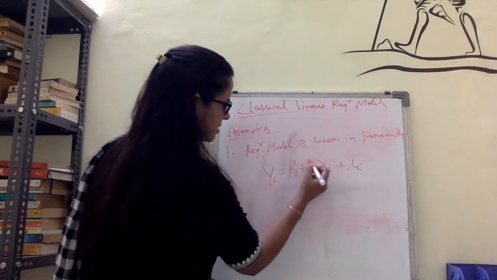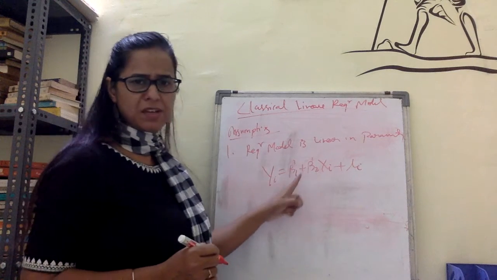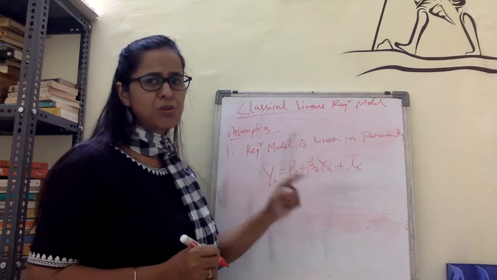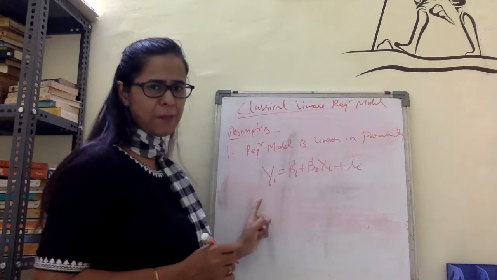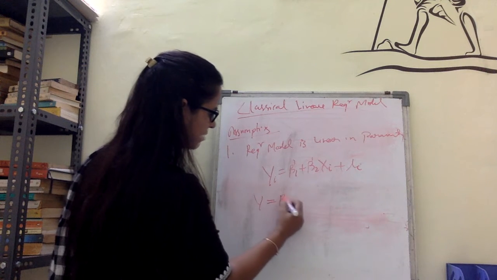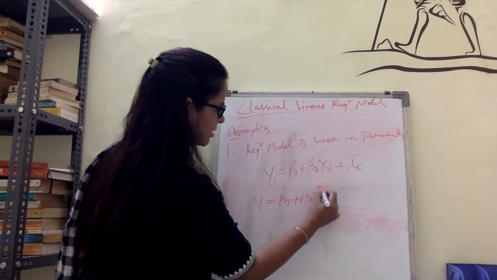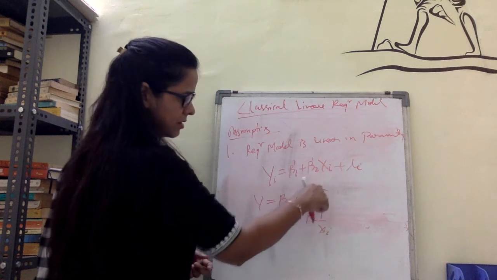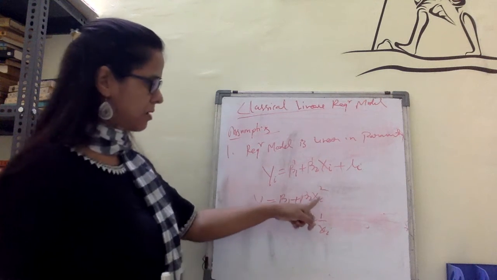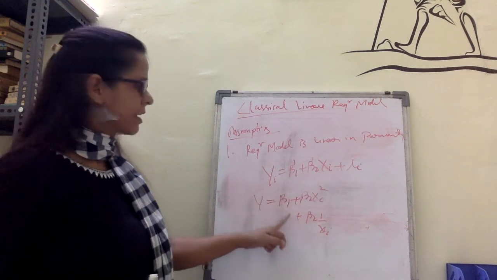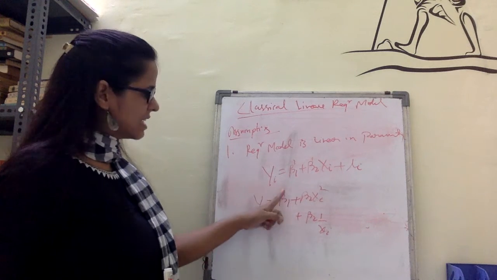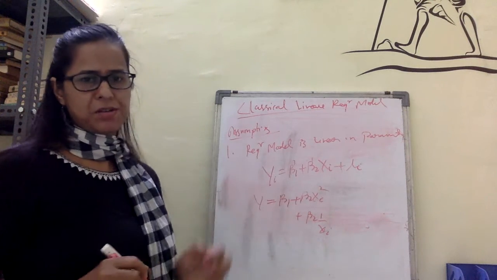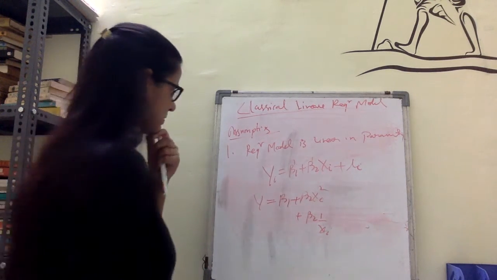If you can see, this has power 1. So if the power of beta 1 and beta 2 is 1, then it will be called regression model is linear in parameter. We don't have to bother about the power of the variables x and y. Even if, for example, y is equal to beta 1 plus beta 2 xi square, or plus beta 2 times 1 by xi, in these the power of xi is not 1, but still the power of the parameters is 1. So these equations are also known as regression model is linear in parameter. I hope I am clear with this first assumption.